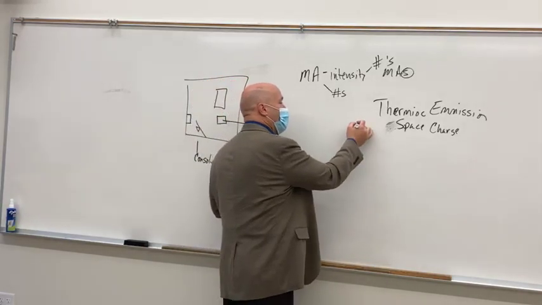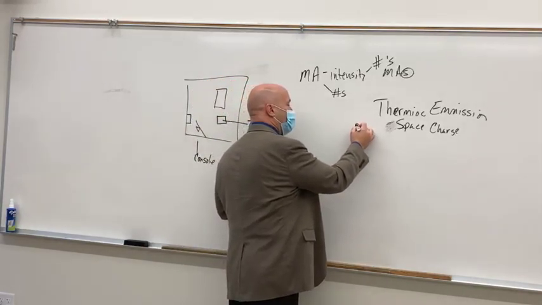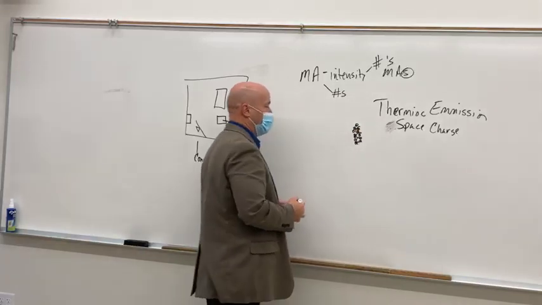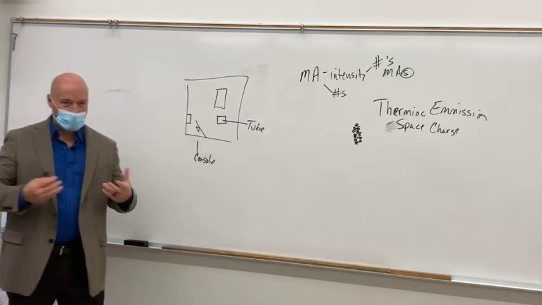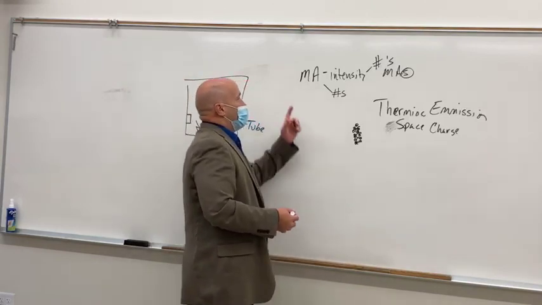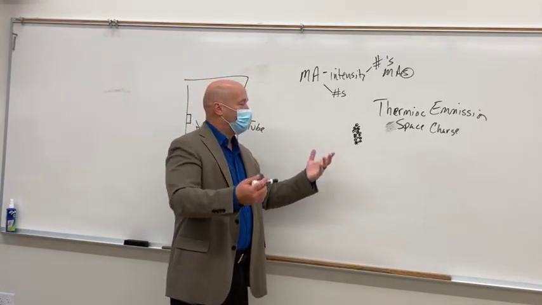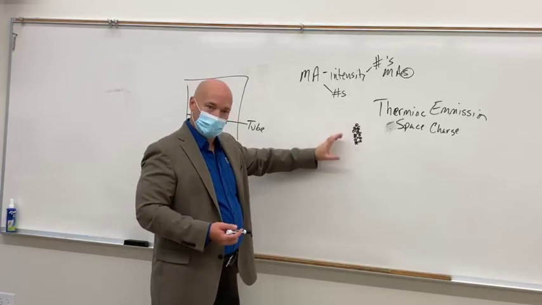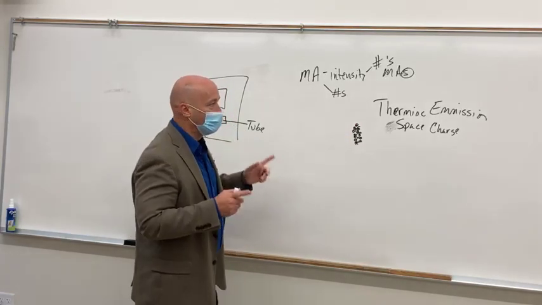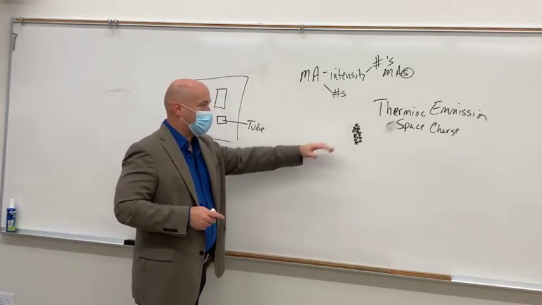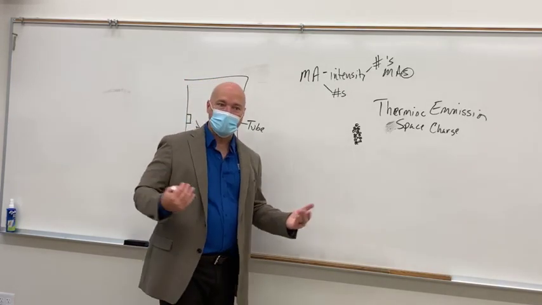So what we've got are numbers of electrons crowded around and on the filament. Okay? So it's glowing red hot. It's just like a light bulb at that point. That's all you've got is a light bulb. So you create MA. If you increase your MA, the only thing that you're doing is you're putting more and more electrons there. If you decrease your MA, you're not heating it up quite as much. So really, MA, the only thing that it controls all by itself is the heating of the filament, nothing else